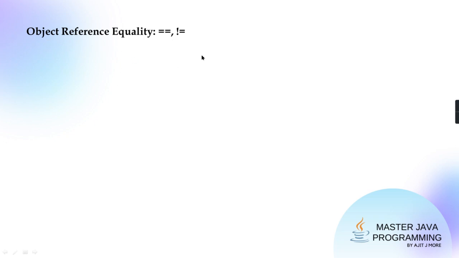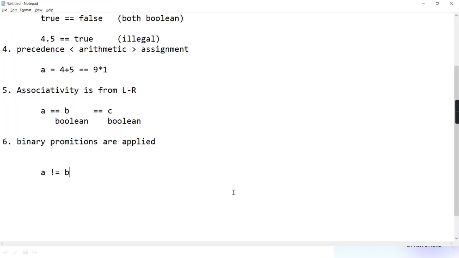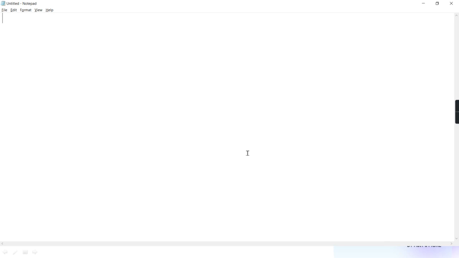Here the operands are A double equal to B or A not equal to B, so A and B are objects. When we say objects, it means a reference. According to Java, object means reference, and reference means object.